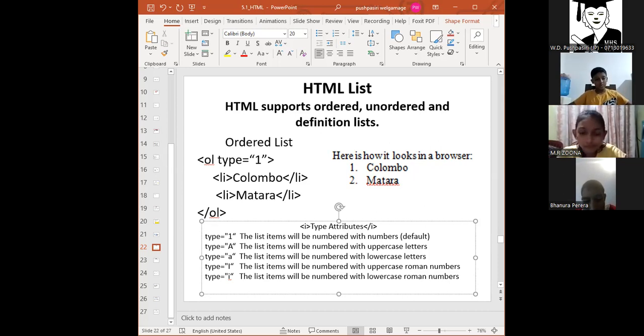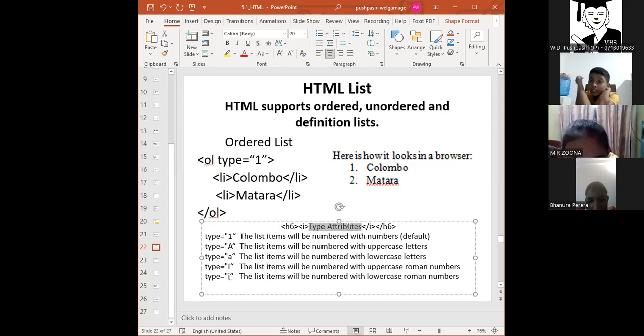H6 කියලා ගහලා, type attribute කියන එක browser එකේදී italic කරලා පෙන්නන්නේ H6 කියලා font size එකෙන් H6 කියන ලොකු size එකෙන්, but apart from that if I want to put